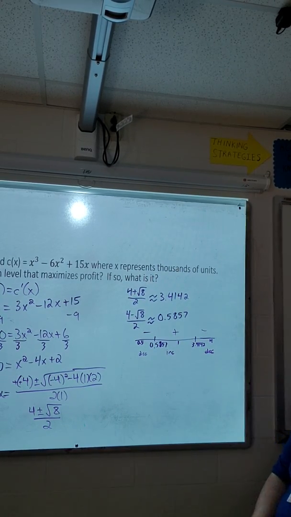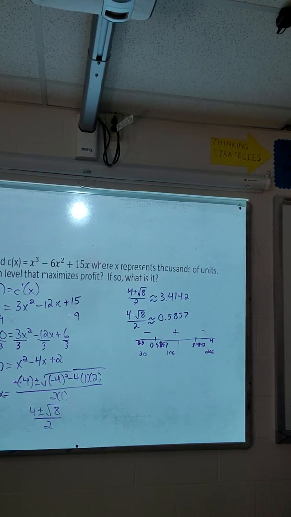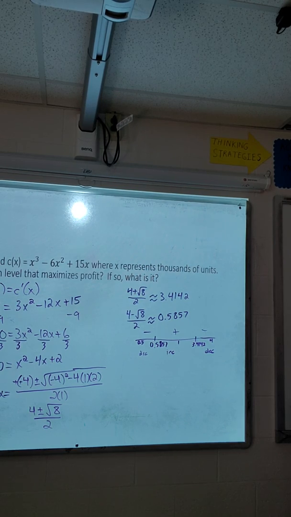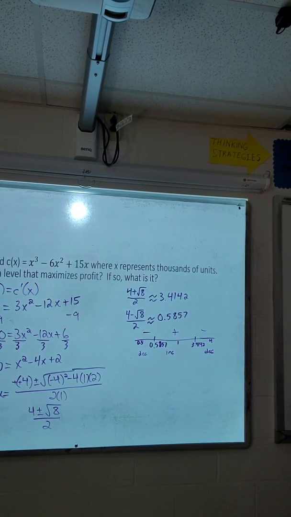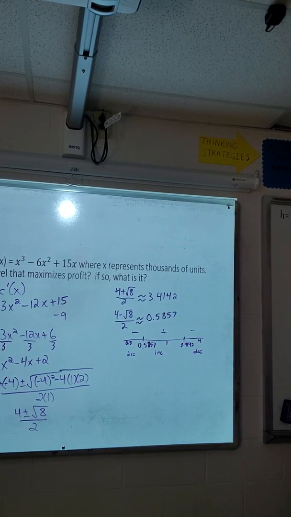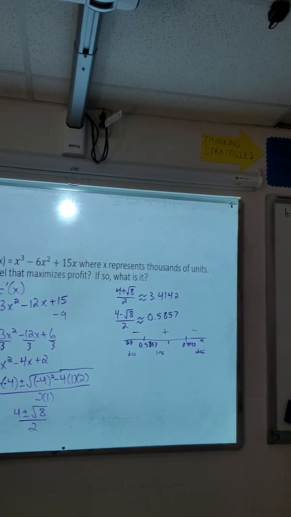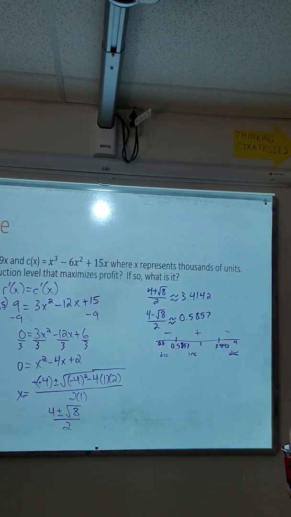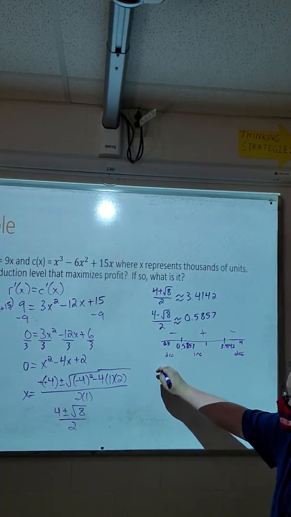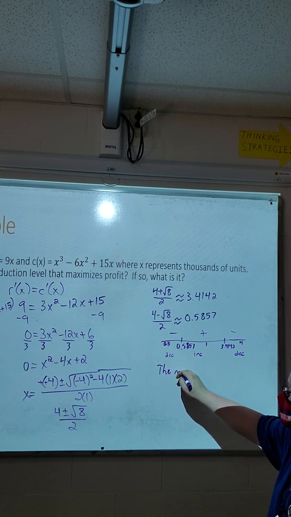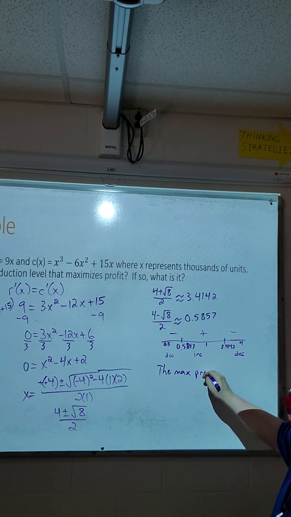Where's the maximum now? At the 3.414. You have to do it as revenue minus cost for profit. Okay. All right. So the maximum production level, or the maximum profit, we should say the maximum profit